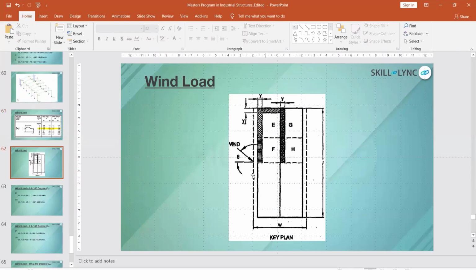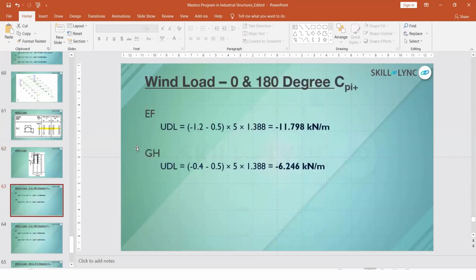This is E. This building is divided in half, and that half is divided as EF and GH for providing the wind load on the rafters. Okay, so while providing wind load on the rafters, you have to provide for 1/4 of the building. This is half and this is half of the half, right? So you have to divide the building this way and apply the loads.